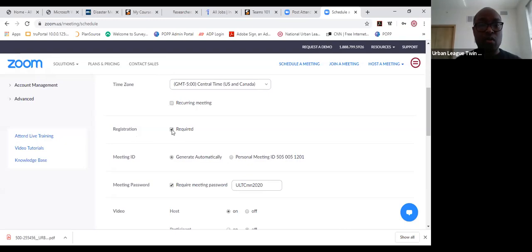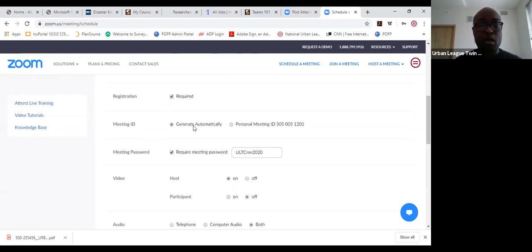So I'm selecting as required. For the meeting ID, I'm having it generate an automatic ID. I'm not going to use the personal meeting ID because that's more if I say Nick and I wanted to have a meeting, I'm going to use the personal ID just to connect with Nick. I'm not going to do this for a public event. So we'll generate a specific event